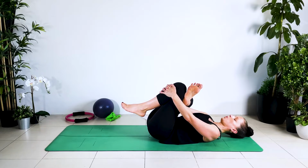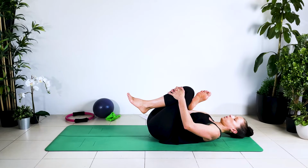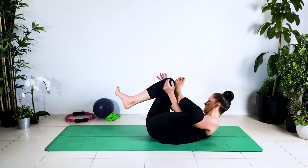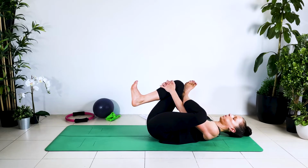Breathing. Maybe squeeze the leg in a little more. Pausing and allowing your body just to stretch out either side. So ankle across the thigh, grab hold of either the thigh or the shin, and then lying on your back,